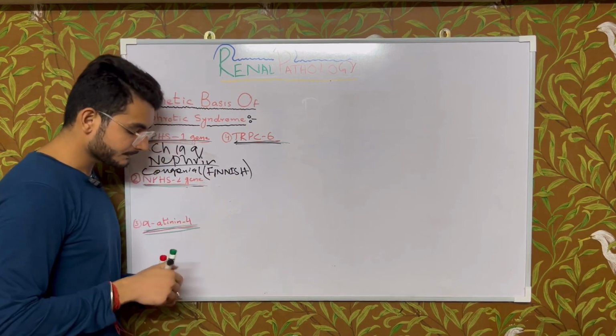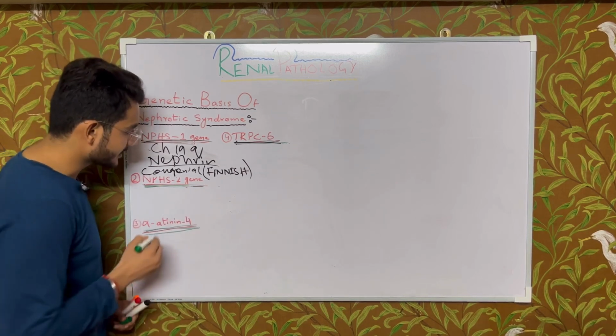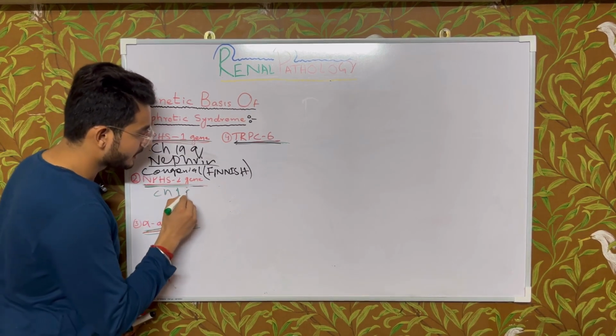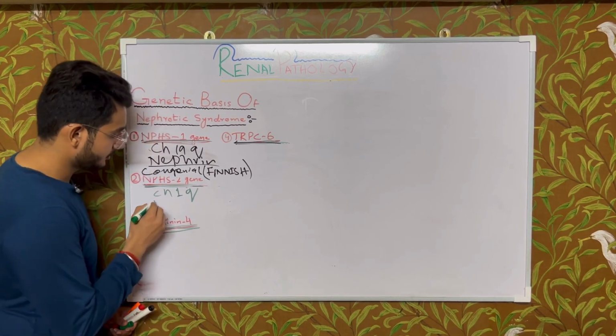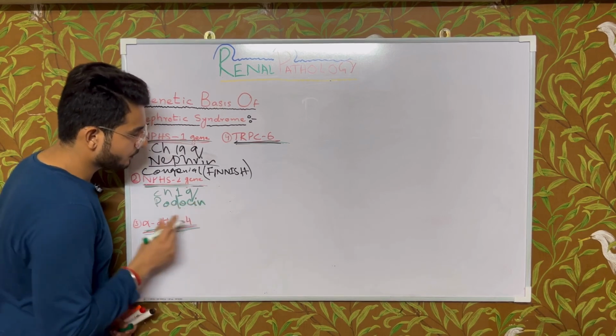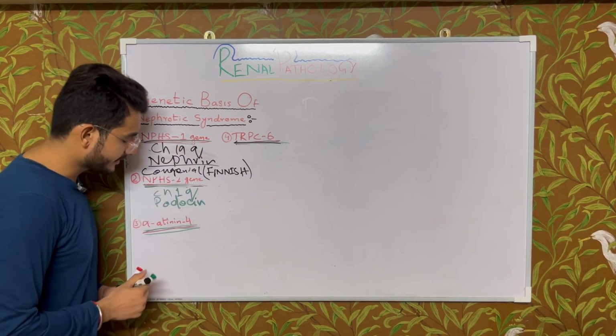Let's talk about the second one, NPHS2 gene. It is located on chromosome number 1 at its long arm. It is responsible for the production of protein podocin. Due to the mutation of this gene, the condition that arises is known as